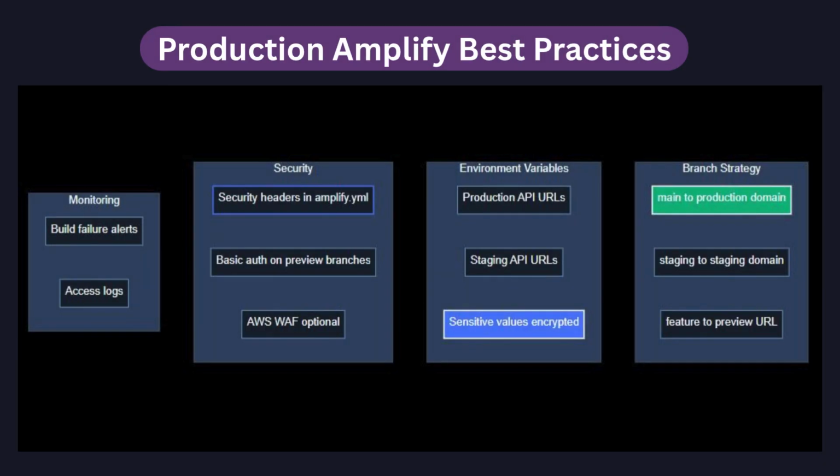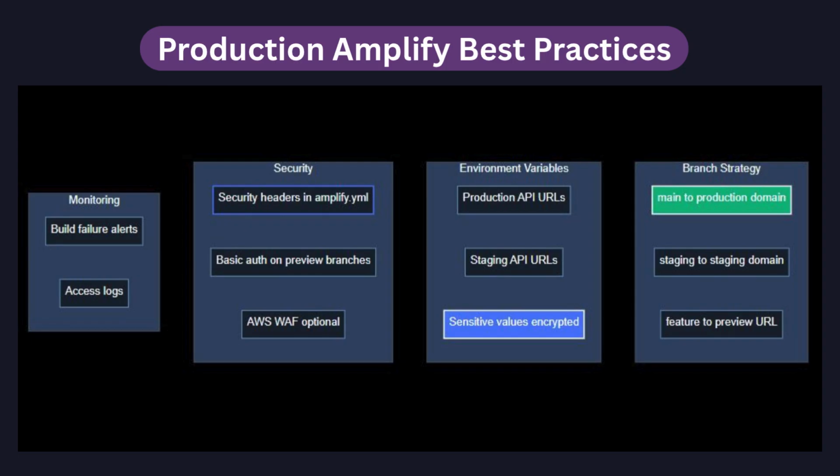Production Amplify best practices. In production environments, AWS Amplify should be configured with a clear branch strategy, where the main branch is connected to the production domain, while staging and feature branches are deployed to separate preview URLs. Sensitive data such as API keys must never be committed to the repository and should always be stored as encrypted